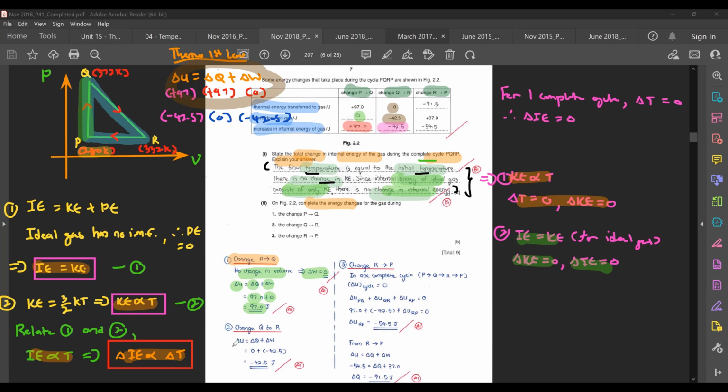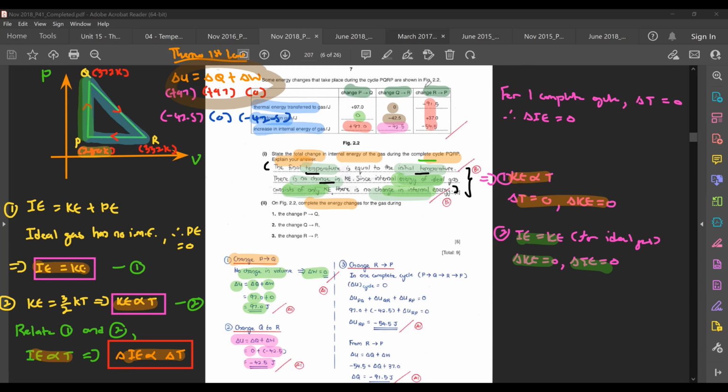Or you can write it in equation form like this properly. Delta U is delta Q plus delta W. Delta Q is 0, delta W is negative 42.5. So delta U is negative 42.5. It's also the same thing. It doesn't matter. Okay. Now then, if you move on to the last column here,